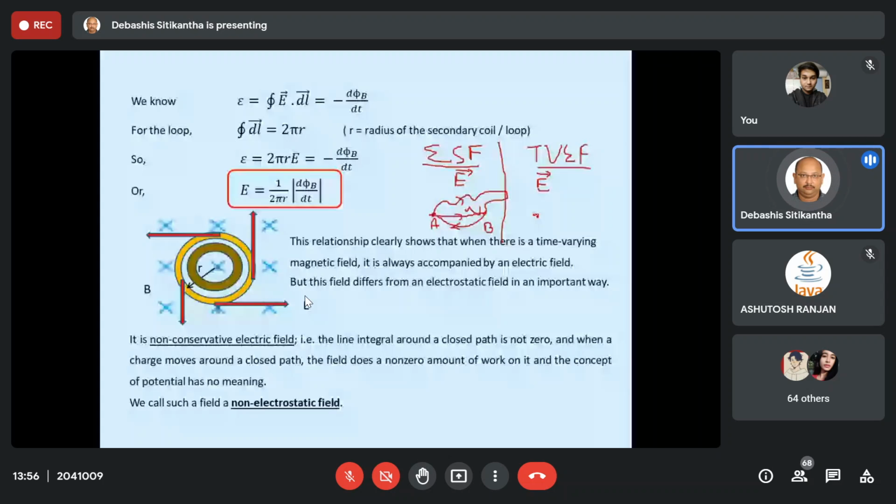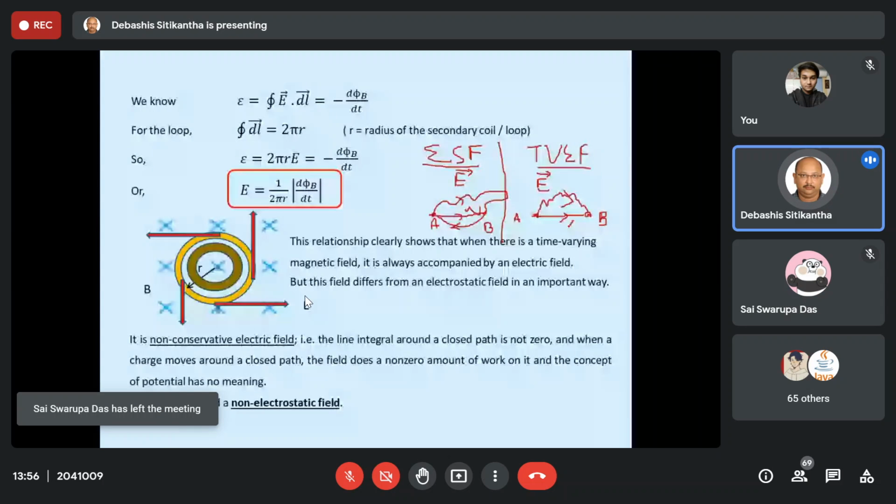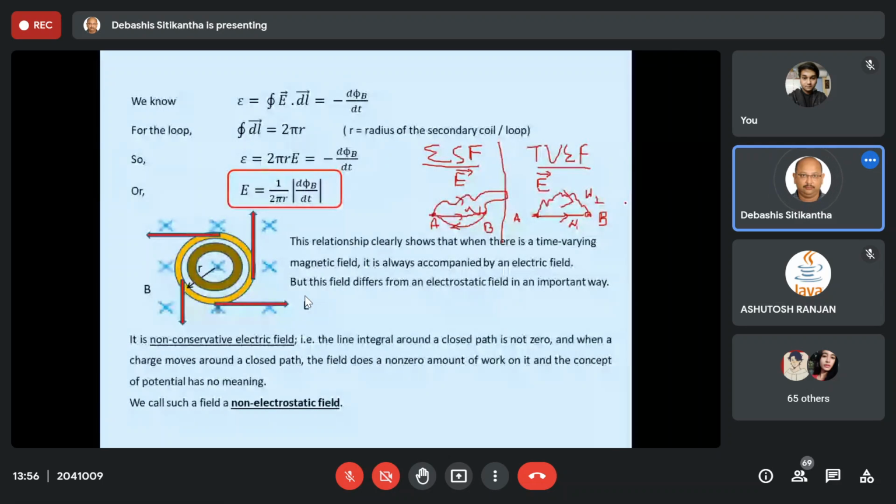But in case of this time varying electric field, the concept is absolutely not going to be valid. That means if I am going to move a charge from the point A to B in this path, the work done will be different from the work that is done when I am moving it through this path. So here it is W1, here it is W2, and W1 is not equal to W2. Number one difference. Obviously, in that case, if I take the particle back to this point, then the total work done is also not equal to 0. So there is a major difference between these two fields.